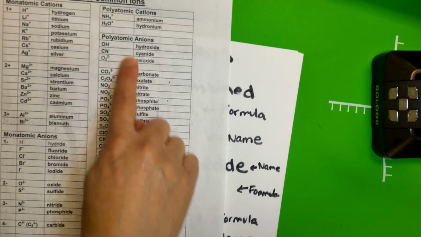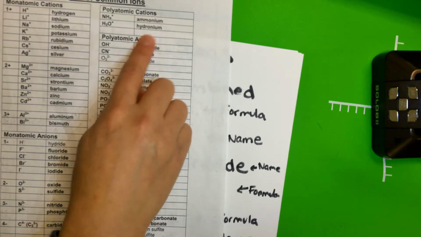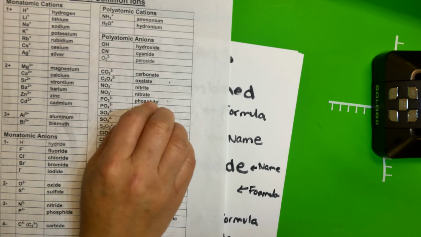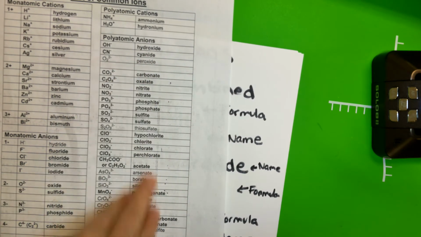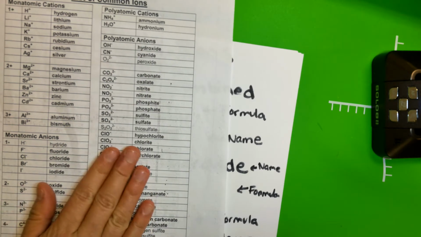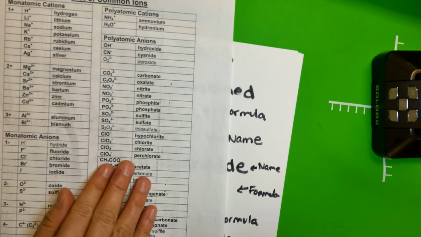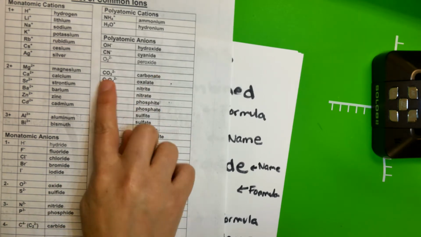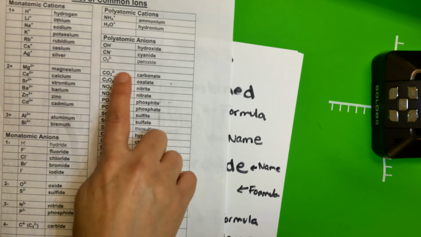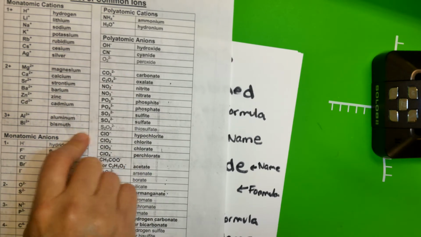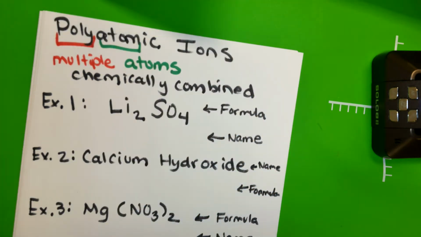Most of them are going to be anions. There's only like two cations that we will work on. But most of them are going to be the non-metals, which are anions, the negative charges. Okay, so I am going to give you this chart, and you're going to use it to help you name them or even write the formula. And you also have the charges, so you can know what you need to crisscross. Okay, so again, polyatomic ions are ions that are composed of more than one type of ions,